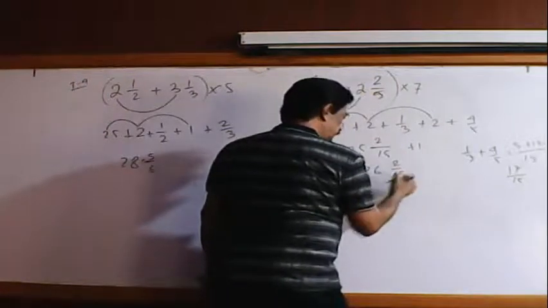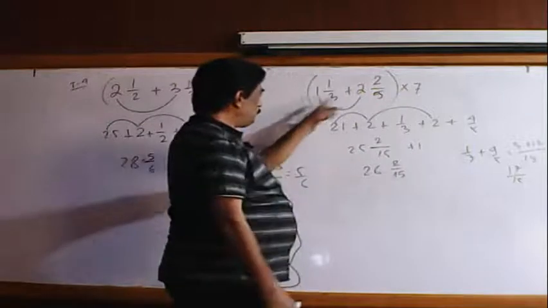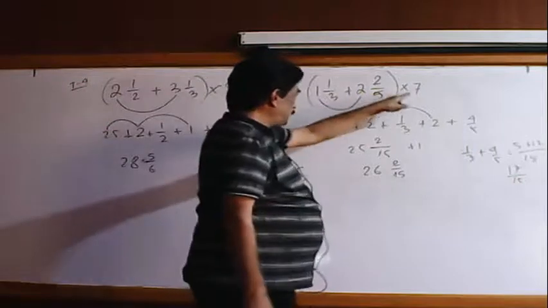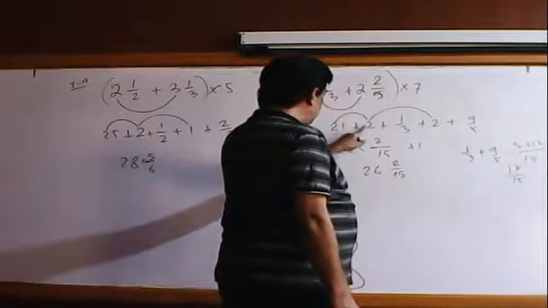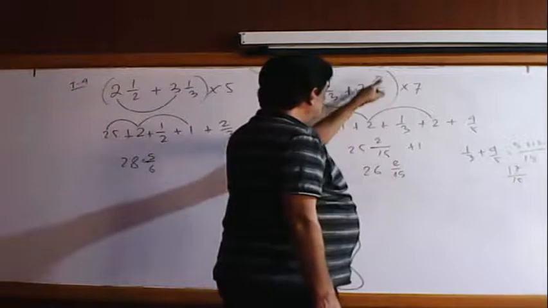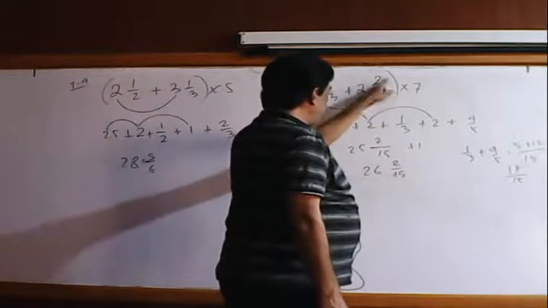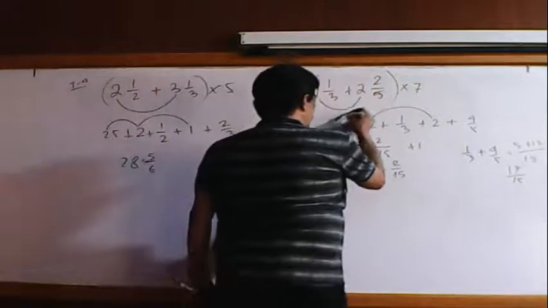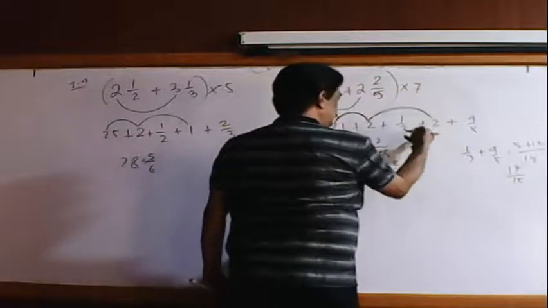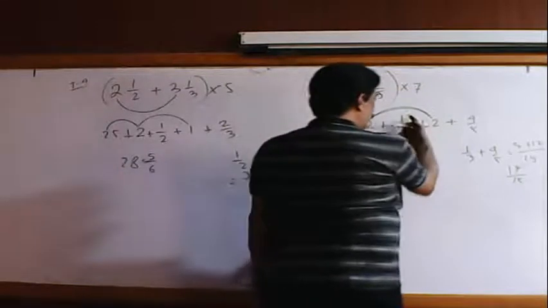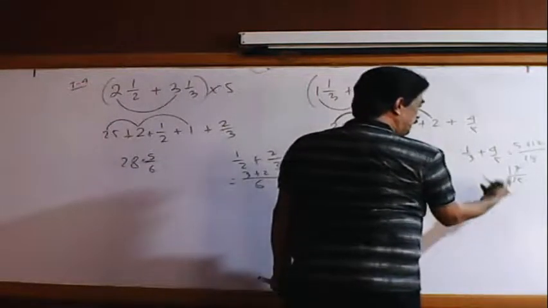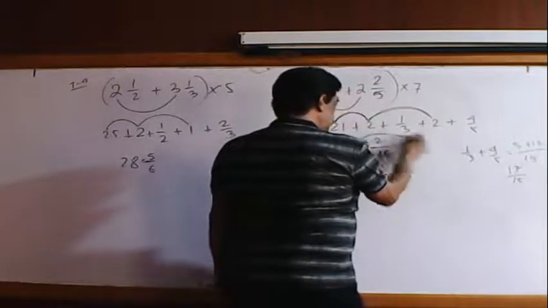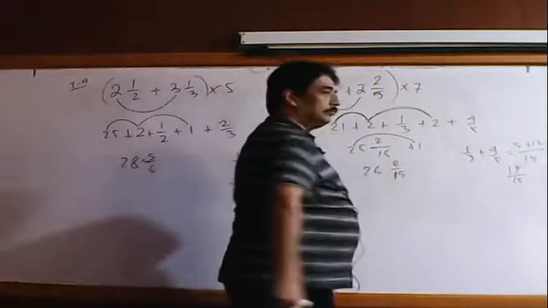Most important calculations again. 1 plus 2, 3, 3 into 7 is 21. 1 by 3 into 7 is 7 by 3, 3 goes 2 times, so 2, remainder is 1 by 3. Now this into this, 14 by 5, 5 goes 2 times, so 2, remainder 4 by 5. So now add the whole number, 21 plus 2, 23 plus 2, 25. 25 is there. Now you have to count 1 by 3 plus 4 by 5. Calculation is 17 by 15. 15 goes 1 times, another 1, remainder is 2 by 15. So 25 plus 1, 26 and 2 by 15.